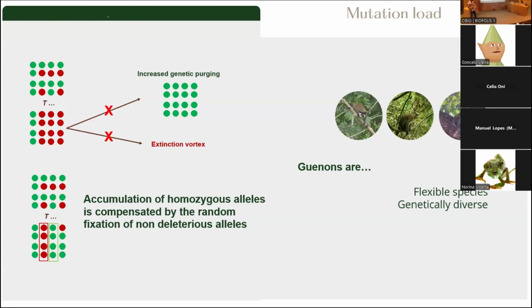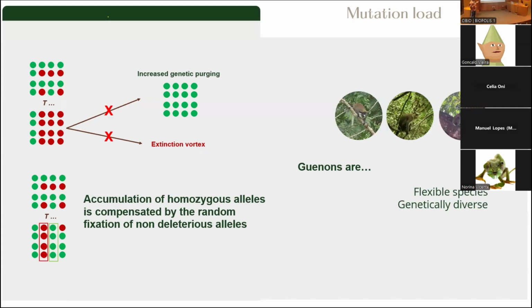As I said before, literature typically shows the two patterns. Something that has been mentioned that could potentially explain this is that these species are genetically diverse by themselves. And perhaps this extinction vortex or this increased purging only happens if populations already had lower levels of genetic diversity, such as the Kakadu when it colonized some of the other islands in New Zealand.